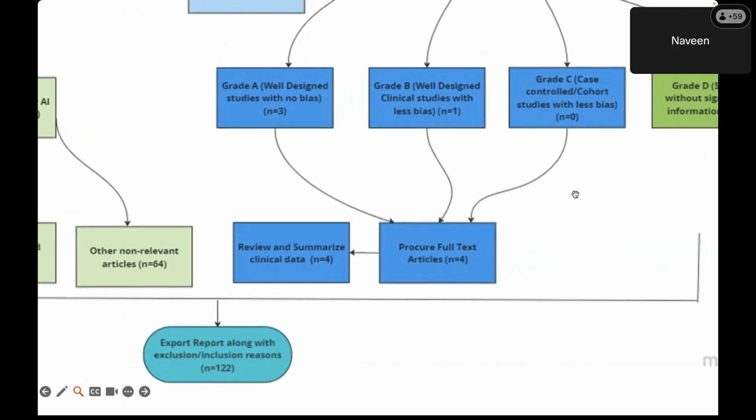After filtering out the relevant articles, we finally got 4 articles, considering grade A and grade B. Then we procure the full text articles, if they are available freely, and if they are paid, we can purchase the articles and pull them into the tool. And then we have a feature called attachments in the MLM AI tool. We can attach the full text article, read it there itself, and write some summaries in the comment section, and then